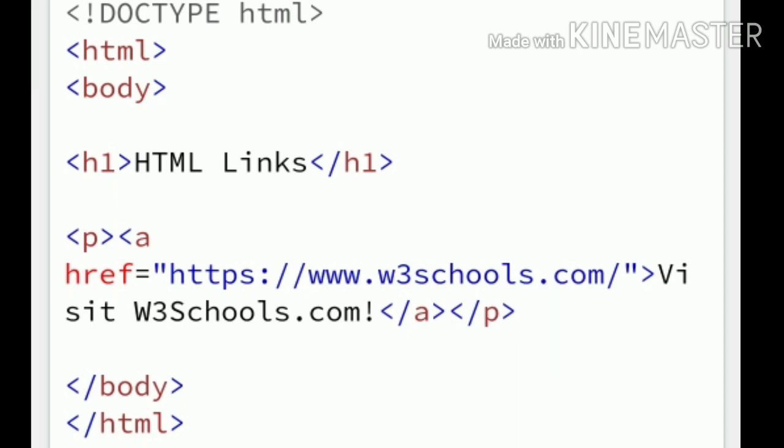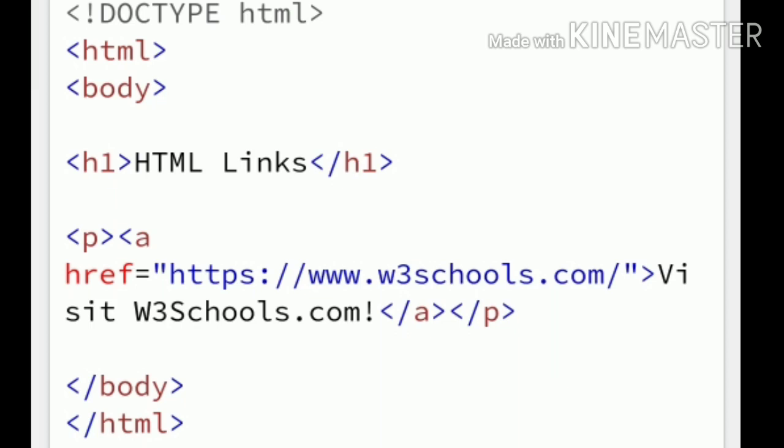Similarly, you can use your college website: paragraph tag, a href within double quotation https slash slash www.bjargdc.ac.in, otherwise bjargdc.in, closing, visit bjargdc.in.